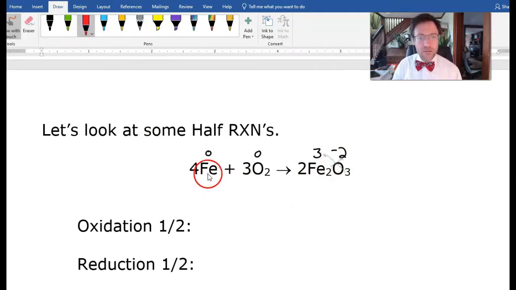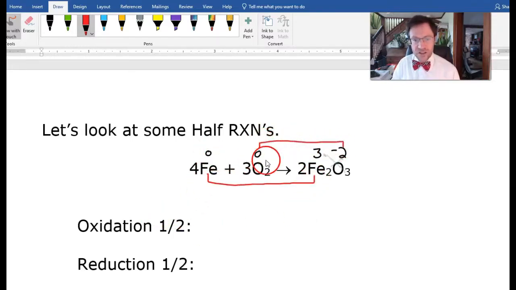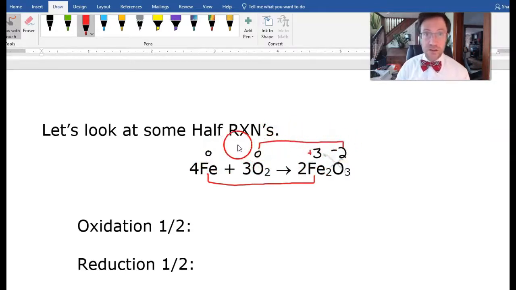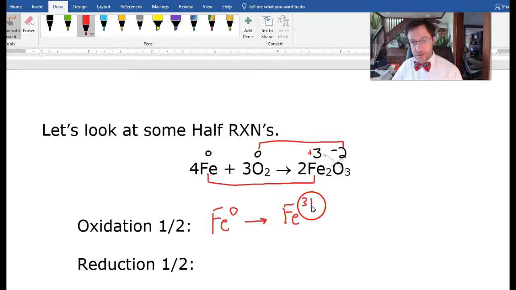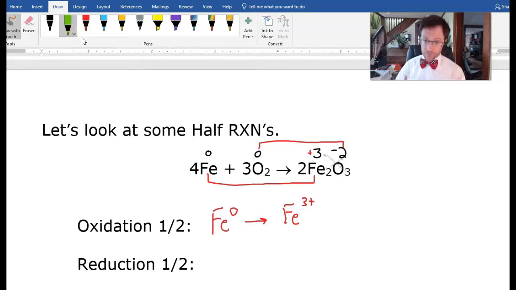All right, so here we go. We have iron goes from 0 to +3. And oxygen goes from 0 to -2. So it looks like oxygen is getting reduced because the charge is going down. So the oxidation will be iron 0 turns into iron 3 plus. Now, how many electrons do I need to add to make this equal on both sides? 3, right? And I'm going to put them over here